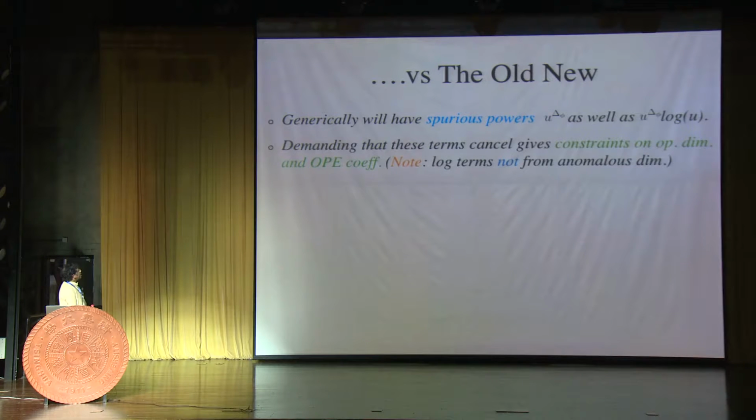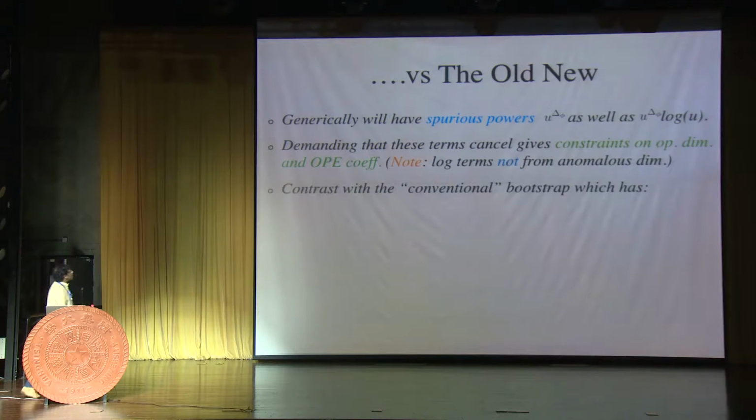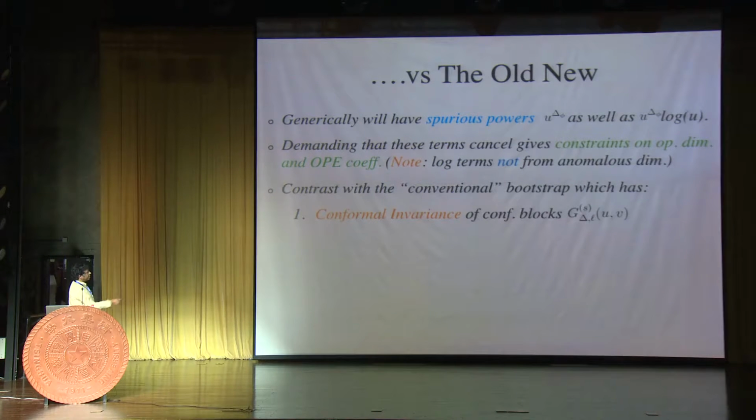And now what Polyakov demanded was that these terms cancel, and those give constraints on operator dimensions and OPE coefficients. I just want to emphasize that this log term does not come from any anomalous dimension, unlike what one sees in AdS/CFT. The contrast with the conventional bootstrap is that there, of course, we expand in terms of conformal